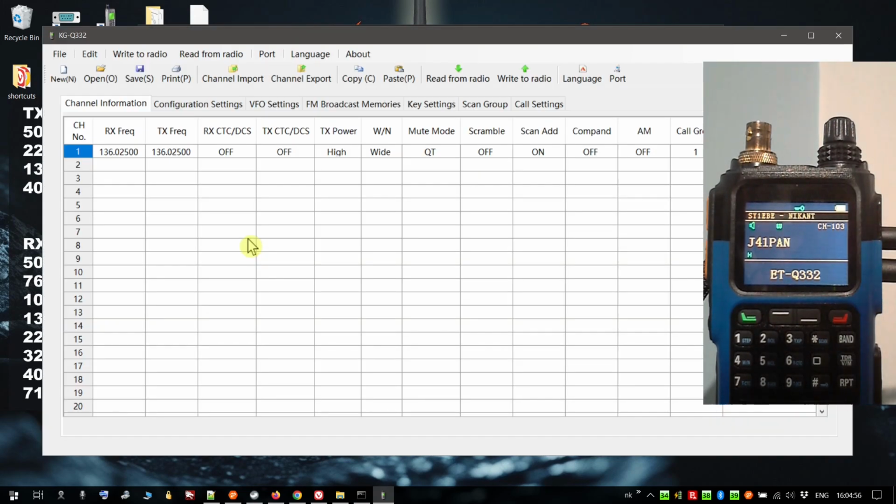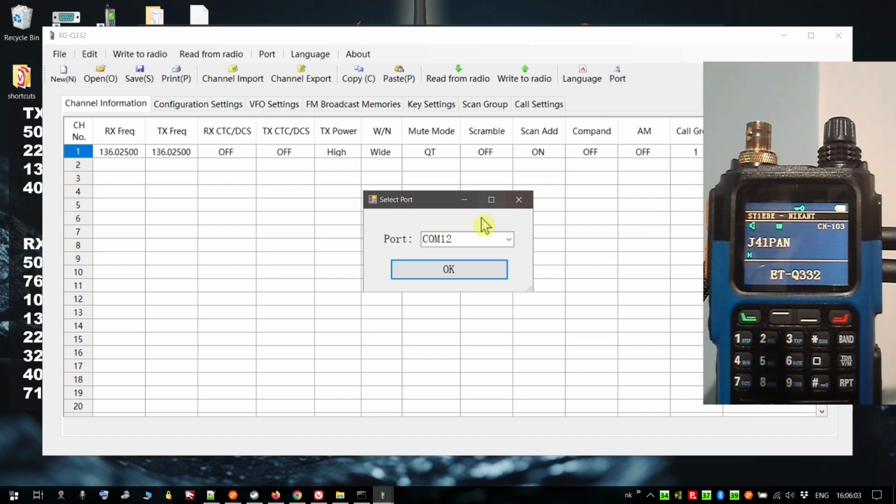Right, so now I have connected the radio to my PC with a classic programming cable that is also available for other radios with the 2 pins of Kenwood. I will put a link in the description of the video for an older blog post where I show how to make your own cable if you want and overcome any driver issues with Windows, because it's an FTDI cable, so you won't have any problems with cheap cables like the ones that are distributed with cheap Chinese radios and they don't work properly all the time. So the radio is connected.